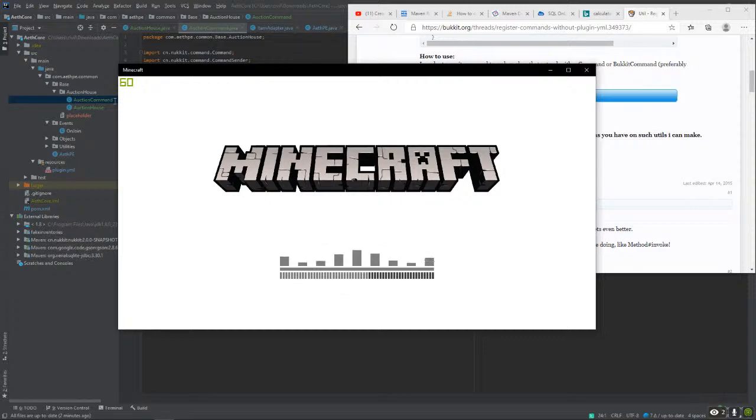60 frames per second. Yeah, this is pretty cool. I love this. 1 frame, 10 frames, 45 frames, 55 frames, 46 frames, 54 frames, 55 frames, 56 frames. I'm probably really annoying, but oh well.